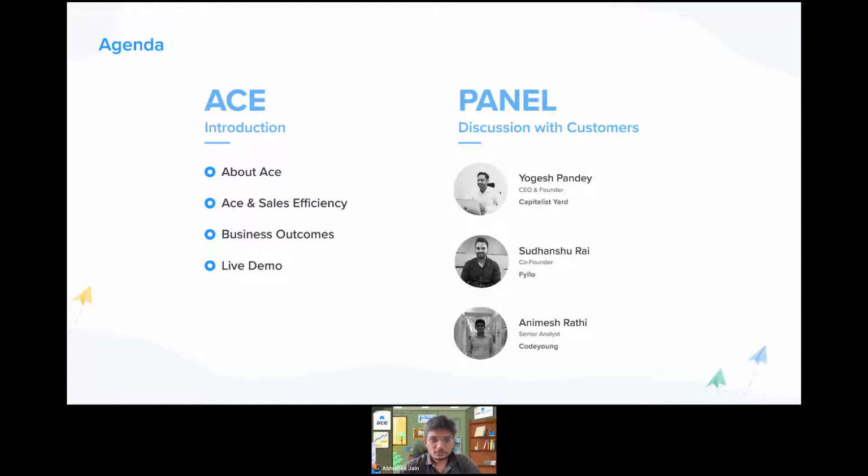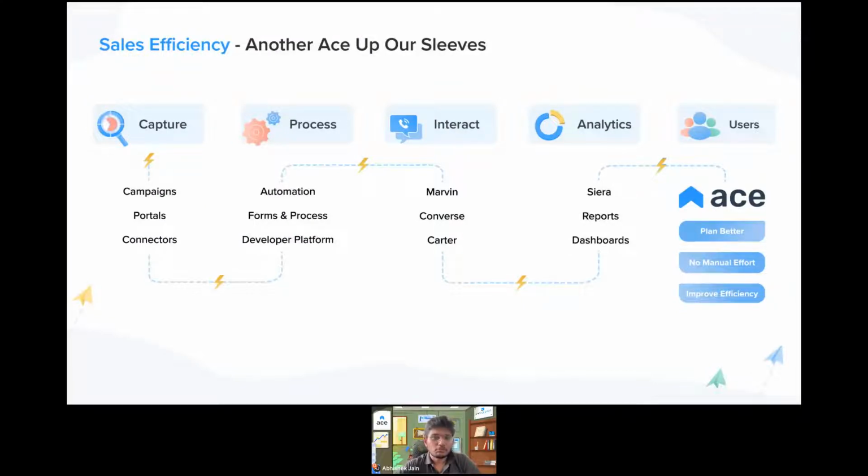Folks who use LeadSquared, and folks who in general know about LeadSquared, would know that we, as a company and as a product, don't go and say that we are selling a CRM. We rather talk about sales efficiency. Everything that we build around and inside LeadSquared is about improving sales efficiency. At the capture junction, we have a lot of tools which help you reduce lead leakages, or achieve zero lead leakage, and make sure that every lead that comes into your system is acted upon.